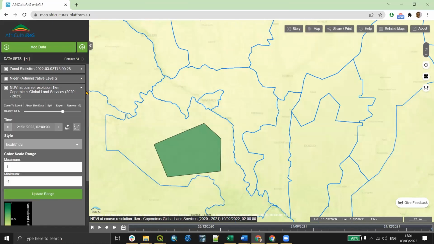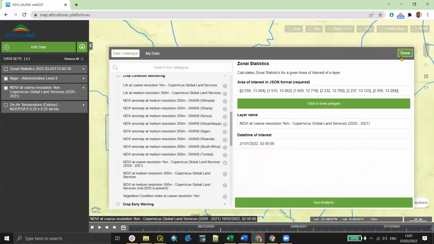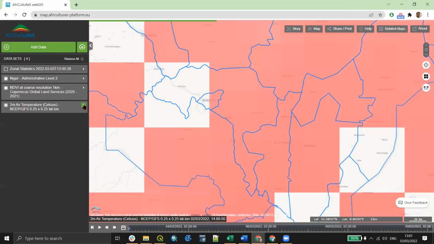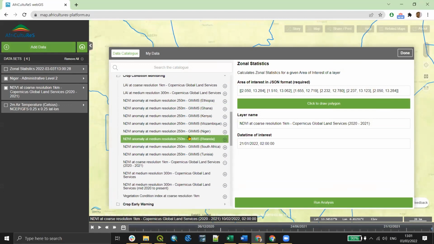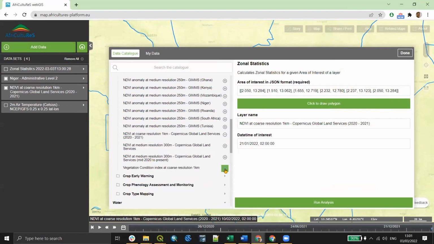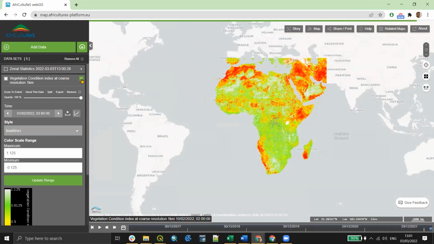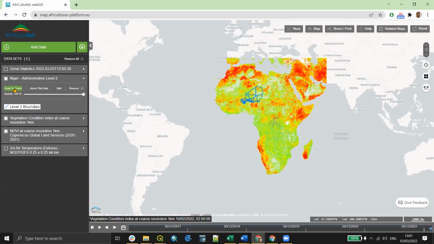There is also another interesting functionality for comparing. Let me try to compare. I don't know if they are relevant though. The temperature with no, I should do the NDVI with VCI that are relevant. The vegetation condition index. So again, I should focus on our area of interest, zoom to the extent,